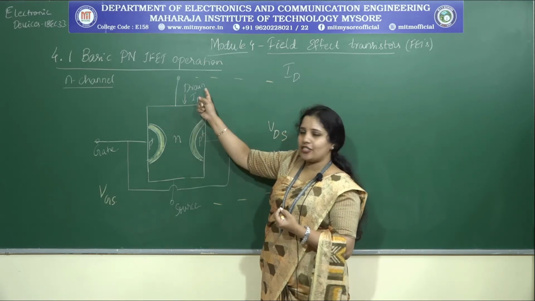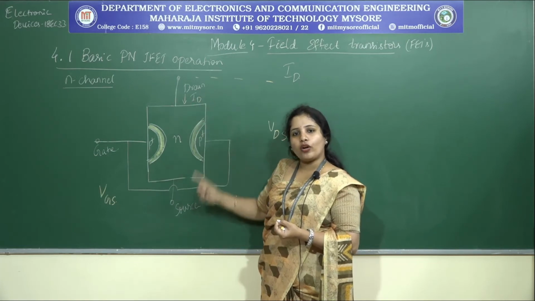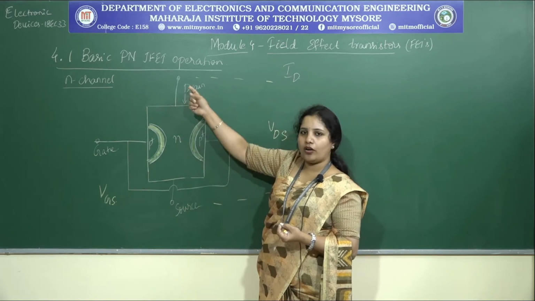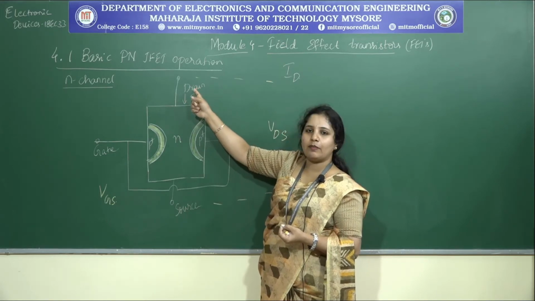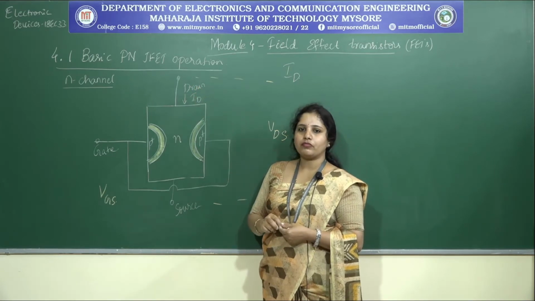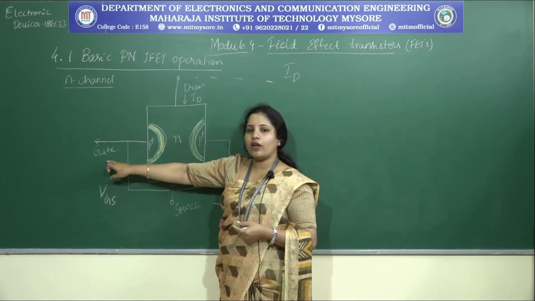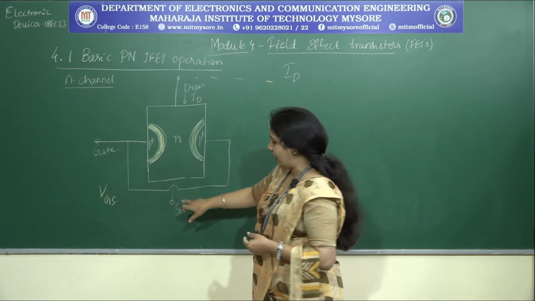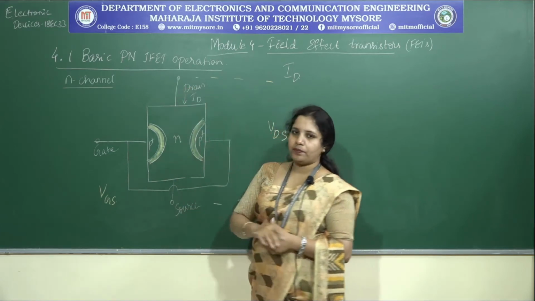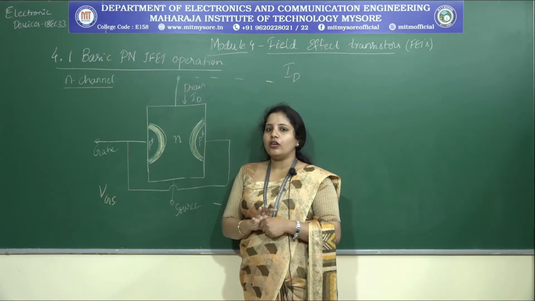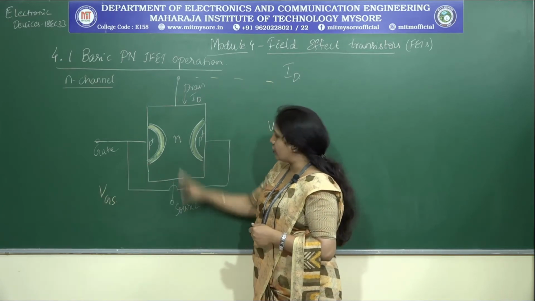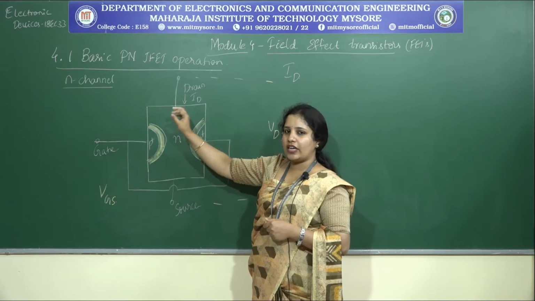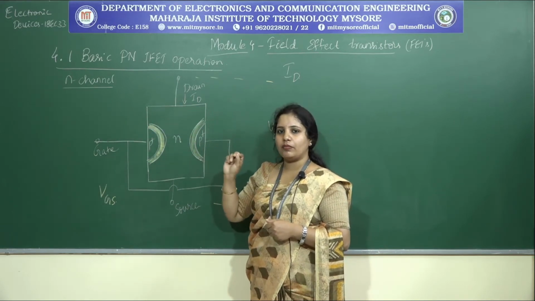Yes? Now, when I consider the drain, what does the drain do? Whatever charge carriers are provided by the source have to be absorbed, right? And that is done by what is called the drain terminal. And the gate is the control terminal, which decides how much current has to flow from source to drain. Clear till here? Yes. So these are the three terminals involved in any kind of JFETs or FETs that you consider.